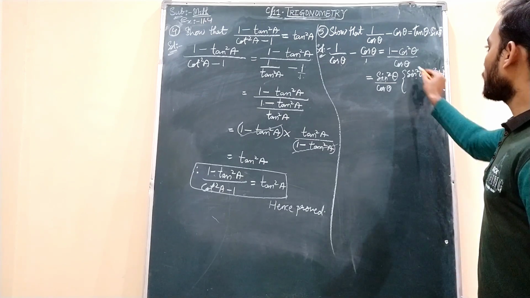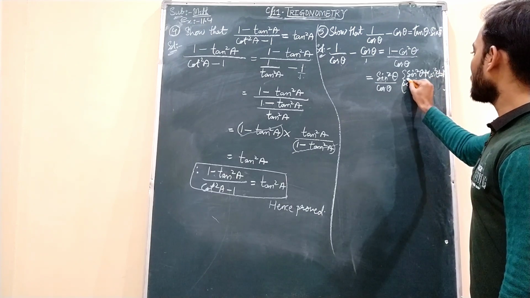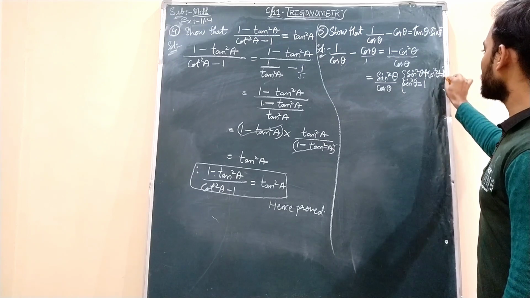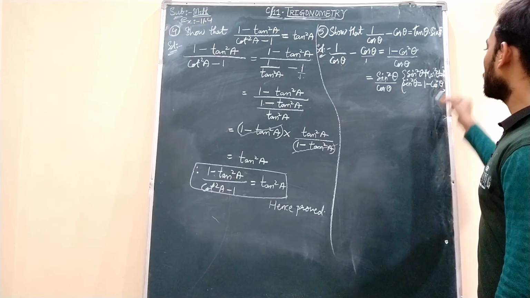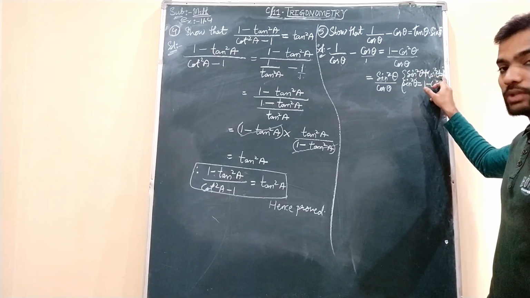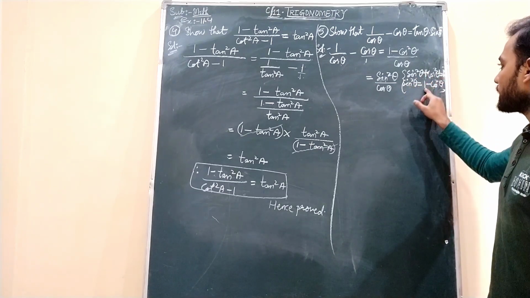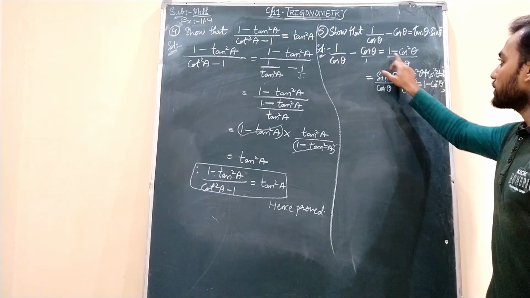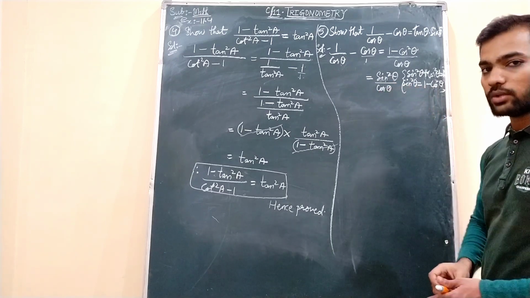So what I will do, I want the value of 1 minus cos square theta, right? So sin square theta equals 1 minus cos square theta, if I transpose this side. Okay students, firstly I wrote identity number 1, sin square theta plus cos square theta is equal to 1. In next step, I kept sin square theta as it is, equal to right side 1, then plus cos square theta after transposing becomes 1 minus cos square theta. So this 1 minus cos square theta can be replaced as sin square theta that I did over here.